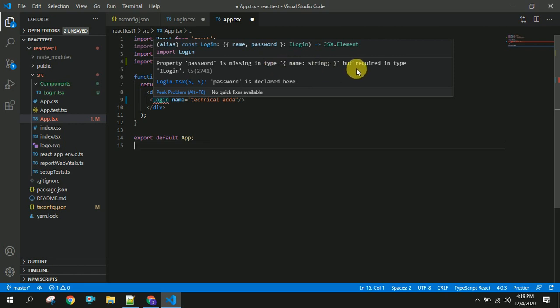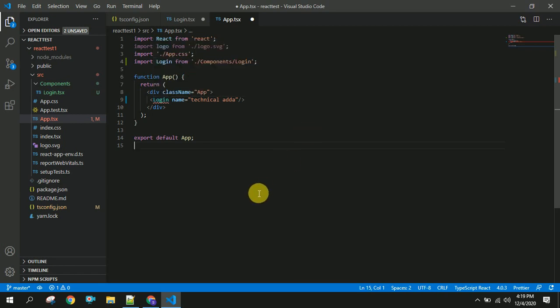So in this way we can get intelligent support and static type checking during the compile time itself. So this is one of the major advantages of using TypeScript in our React application.